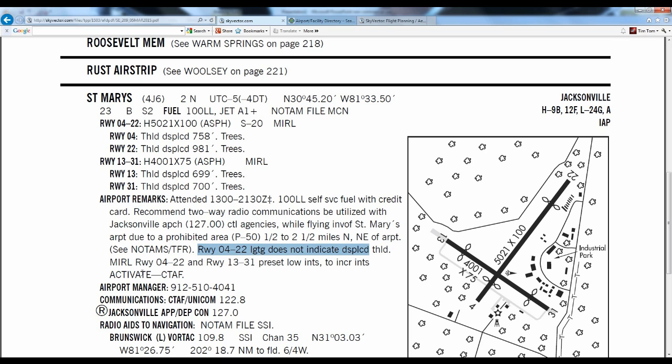Here's their lighting limitations. Medium intensity runway lights on 4, 22 and 13, 31, but they're preset to low intensity. That means when the airport lights come on at sunset, they don't go straight to medium. They're going to be on low, and you can up them to medium using the pilot-controlled lighting on the CTAF frequency. Unfortunately, pilot-controlled lighting is something that's not normally simulated by Flight Sim. It is possible to have pilot-controlled lighting, just not the same way it is in real life. But,